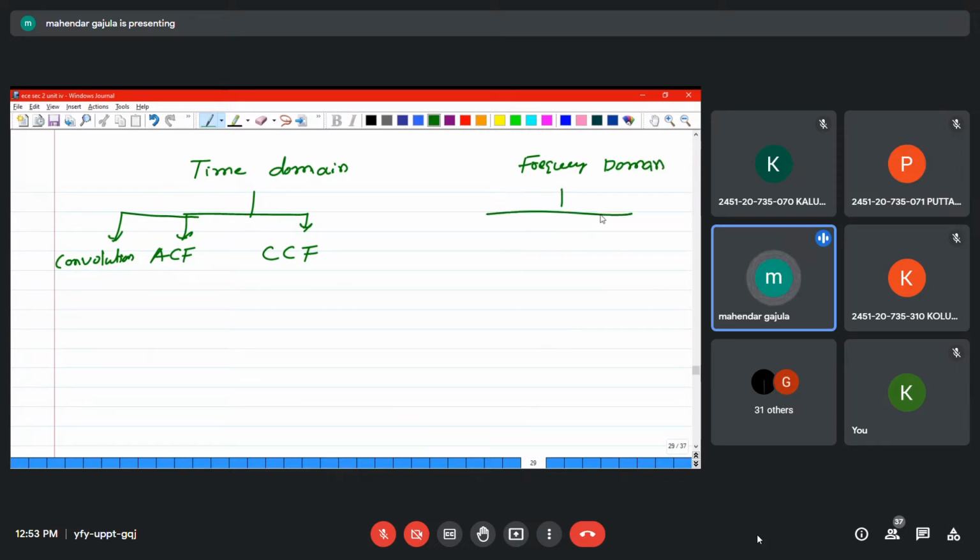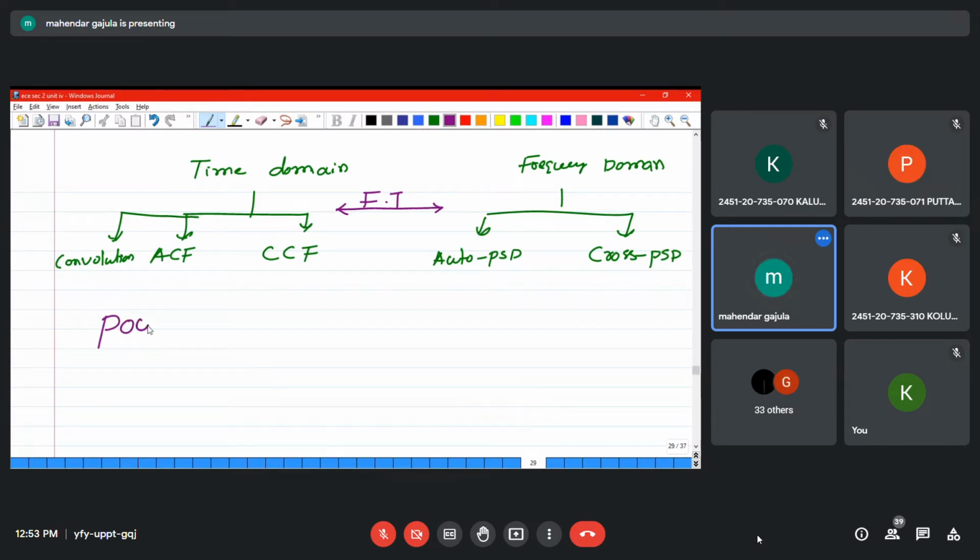In the frequency domain, auto power spectral density (PSD) and cross power spectral density are the parameters. How to convert time domain into frequency domain? We have to apply Fourier transform. Okay. So time domain is the fourth unit and frequency domain is the fifth unit. So the first topic